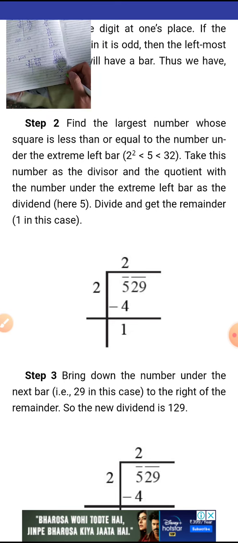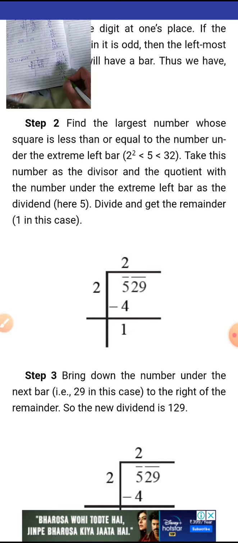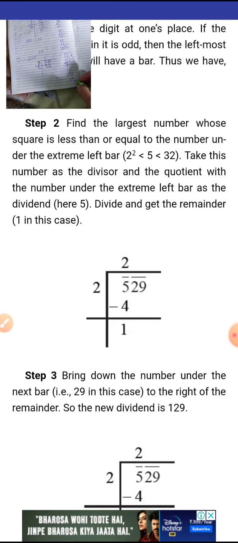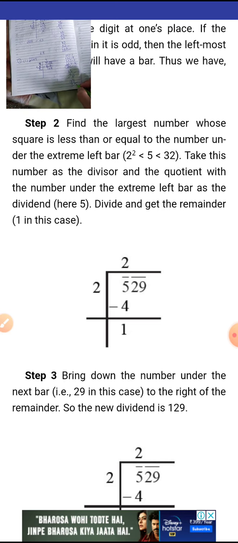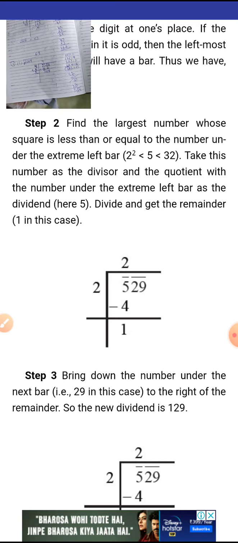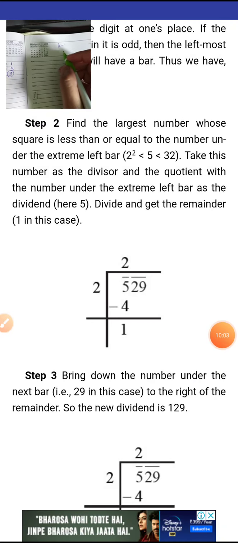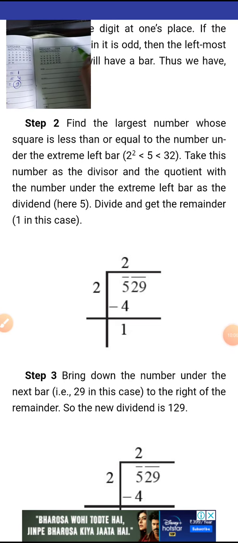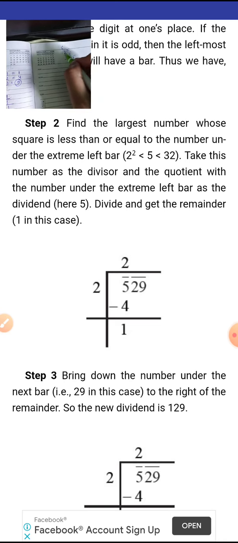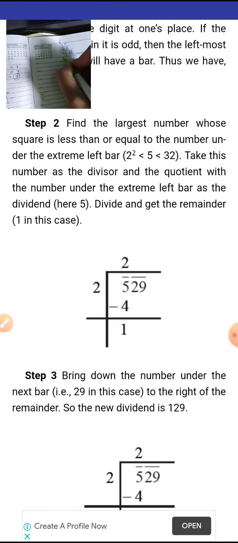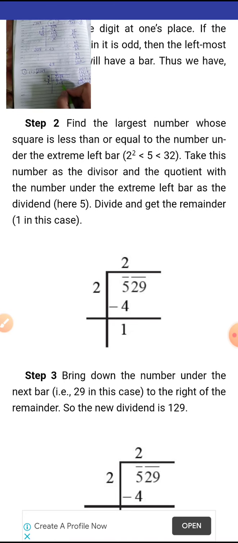Then in the next number we fill this blank by 2 and multiply this whole number by 2, and we have 164. It is also less than 704. Now if we fill this blank place by 8 and multiply this new number by 8, then we have 8 8s are 64, 6 carry, 8 8s are 64, 64 plus 6 is 70, 704, and this number is equal to this number.